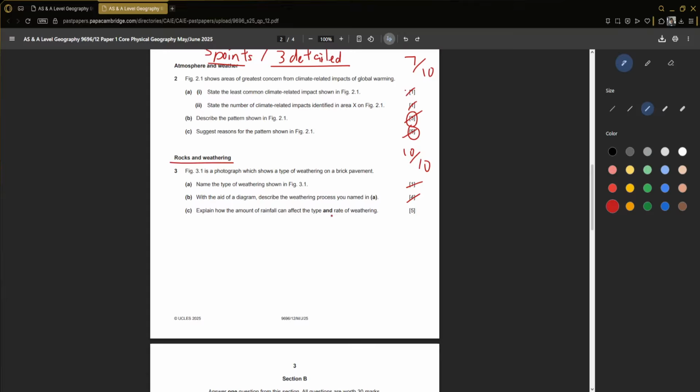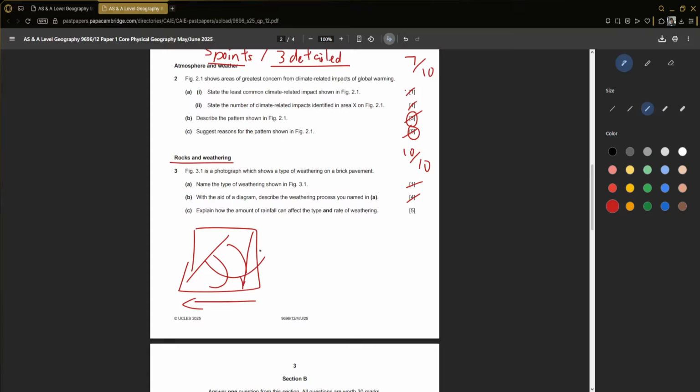For the rates of weathering, the Peltier's diagram is very useful if you can remember. It's something like this. Basically it shows that for high rainfall, which is over here, the higher the rainfall, the stronger the rates of chemical weathering. High rainfall is also perhaps needed for some physical weathering because